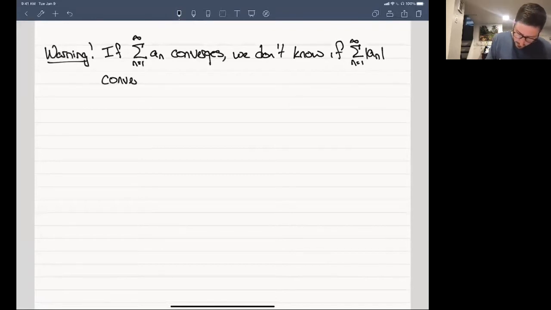So this is very, very important, right? This is not bidirectional in terms of logical implications here. And an example of this, that we're not going to go too much into, maybe we'll look at it later,